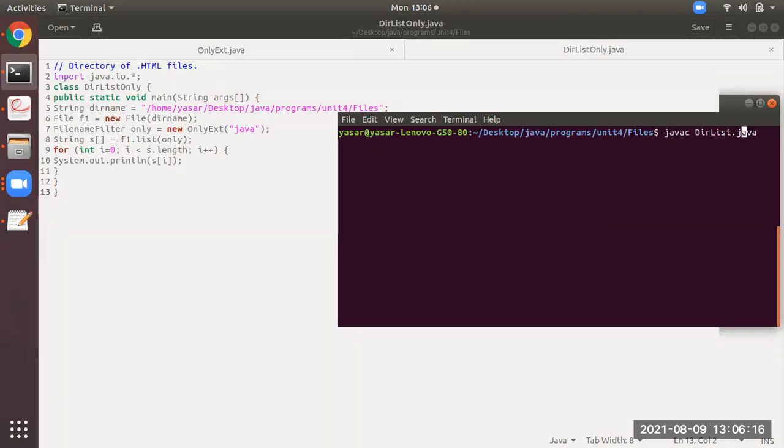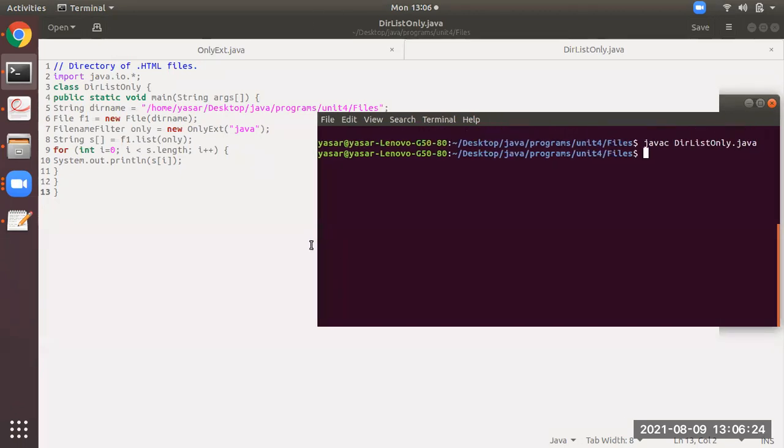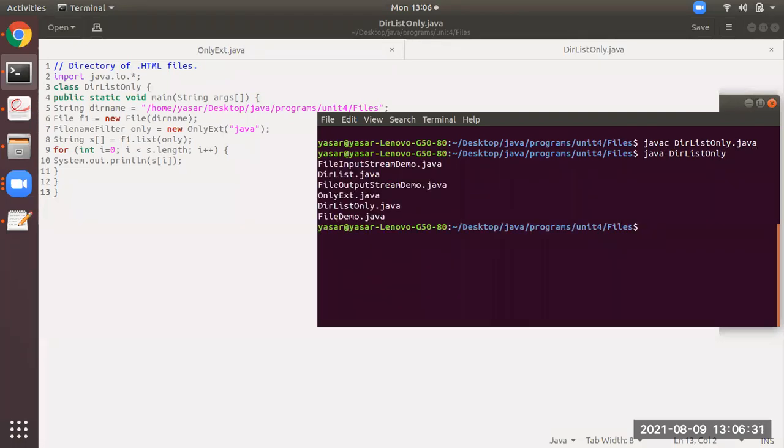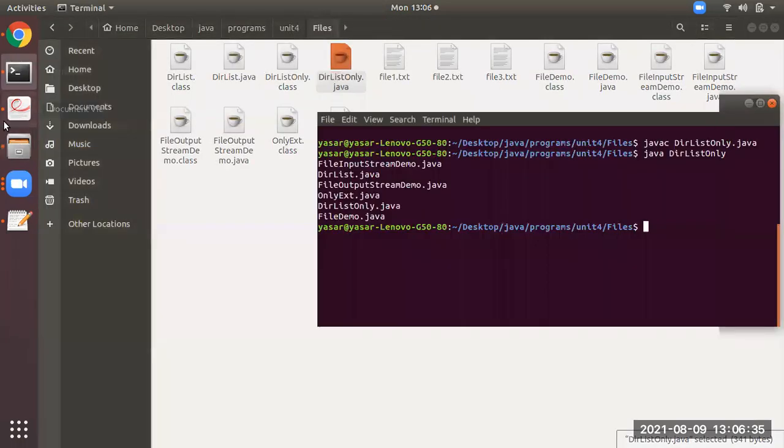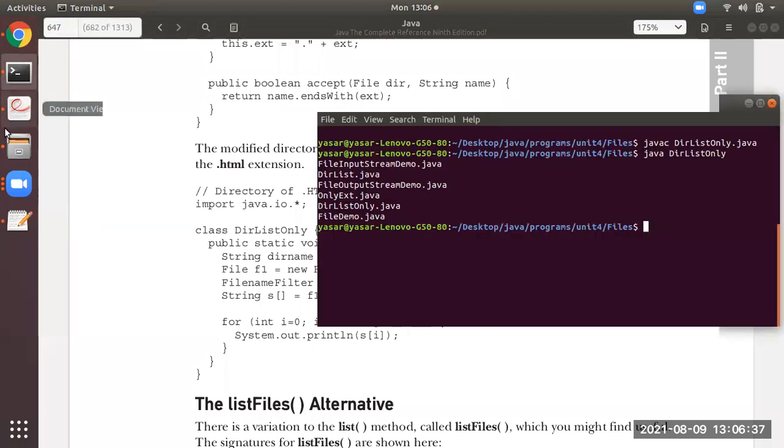Over here I will get the names of the files which are .java in that folder. So it is getting compiled. It is compiled now. Now I will run the program. I'm pressing enter. So see here, in this folder, how many .java files are there? That is the output it is showing us.